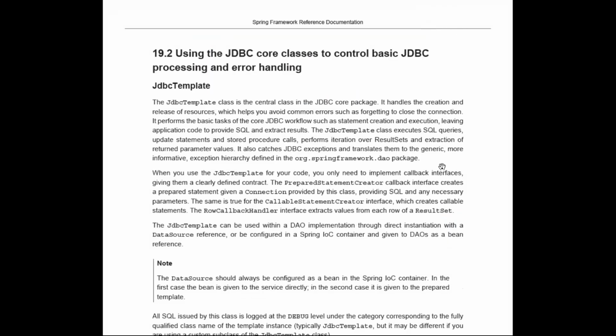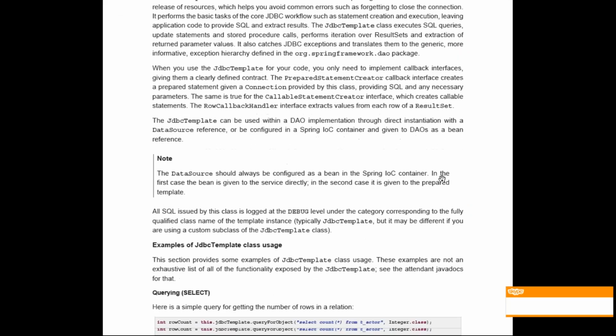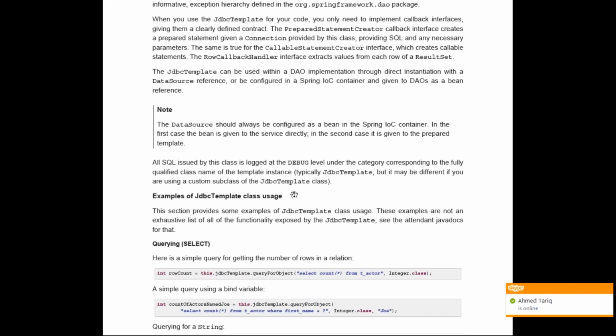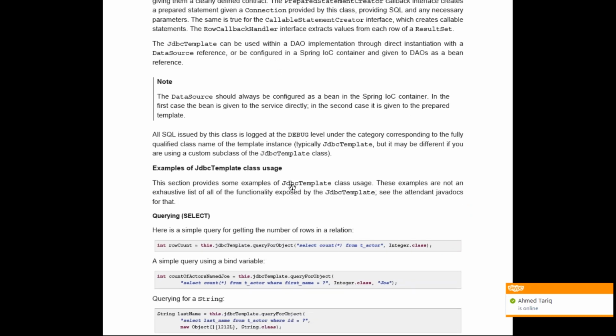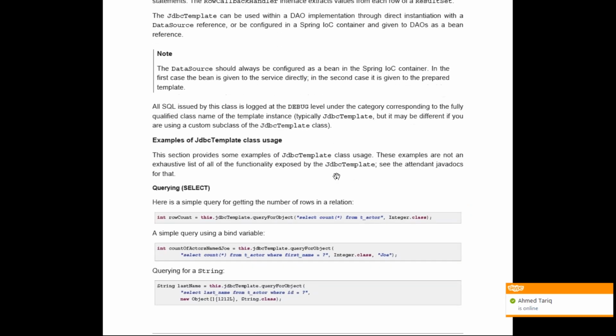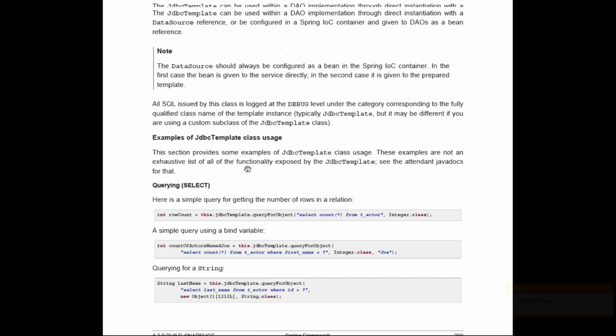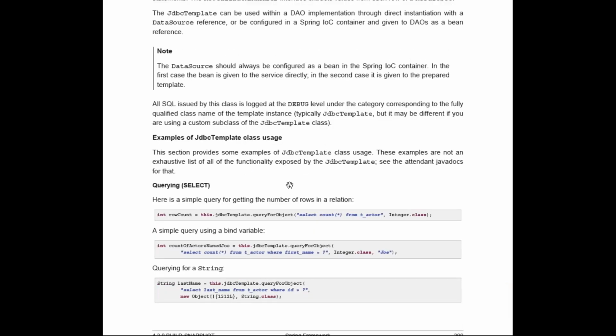So now let's go ahead and see how you can get the class. Here is the sample code they have written, showing how you can get it. In this document, they have not shown how to build the JdbcTemplate class. But simply, once your JdbcTemplate object is ready, just call